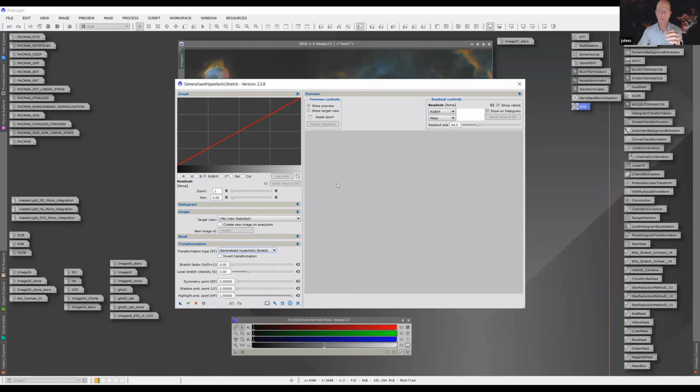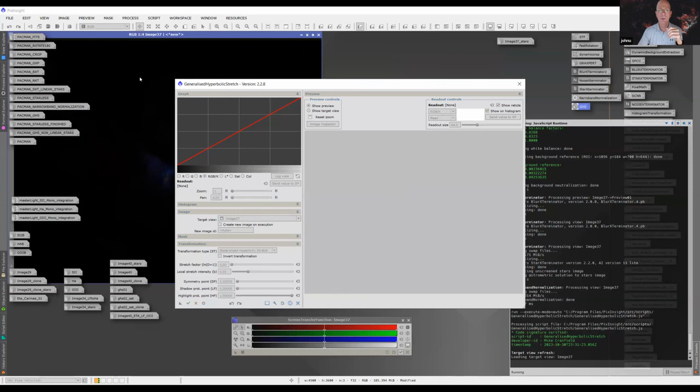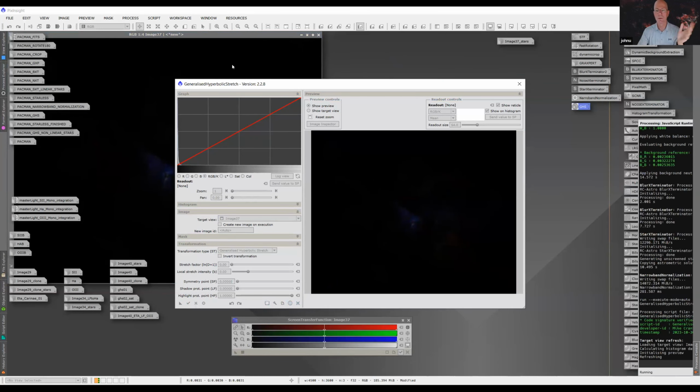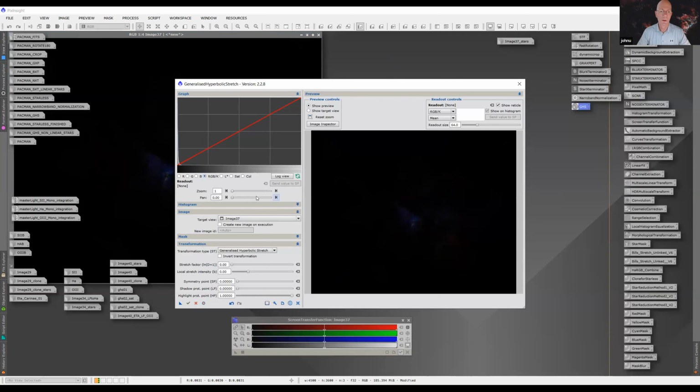So you're going to select your image. Your image name is up here, which is image 37. And it's going to apply a screen transfer function to it. So it takes the stretch, no stretch. Now,